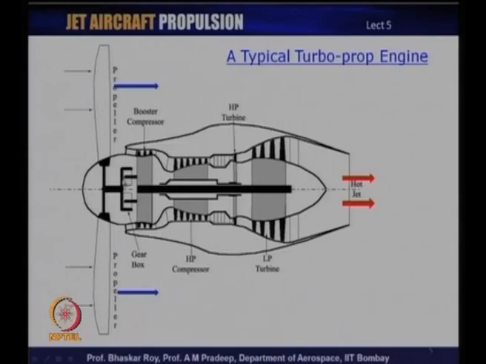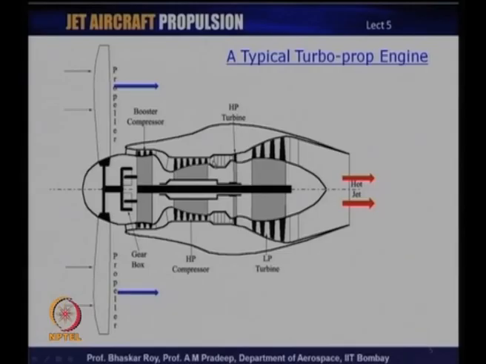Gearbox is an absolutely necessary element in a turboprop engine, because the propellers never run at the same speed as turbines. Turbines run at a much higher speed or RPM, and it is necessary to reduce the RPM substantially before you run the propeller. However, just before the gearbox, on the same shaft you may have this LP compressor or booster compressor, which simply boosts the air coming inside the basic engine or core engine and produces a sufficient amount of pressurization, which is then fed into the main compressor